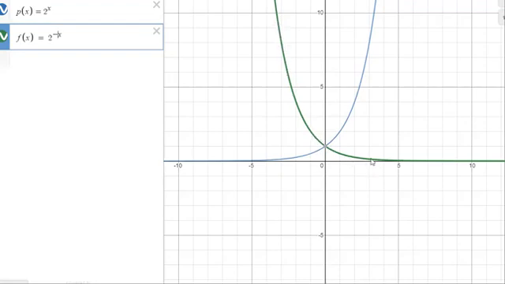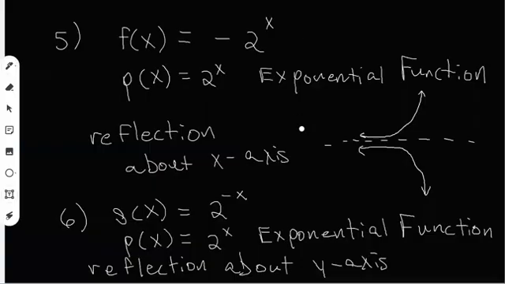If you take a look at the green graph, it's still an exponential function, right? It still has that exponential shape. It still has a horizontal asymptote on the x-axis, but it's been flipped over the y-axis. So now, instead of being exponential growth, this is a model of exponential decay, since the function decays over time. Okay, so that is a reflection over the y-axis. So let's talk about